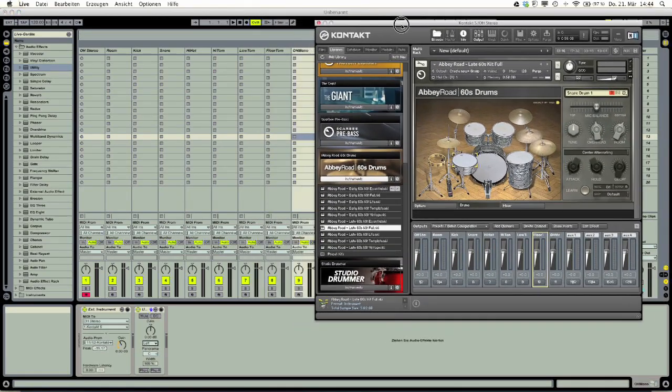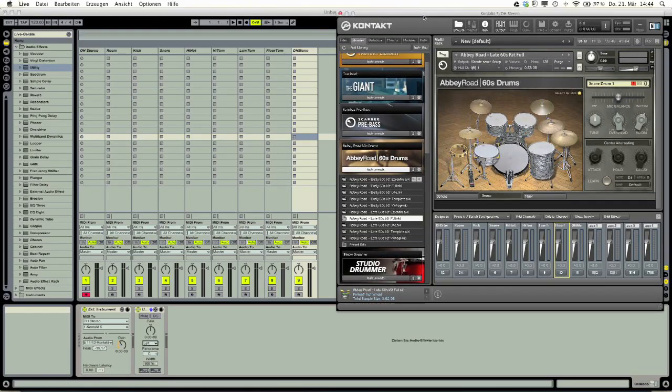Okay, so here you go. You have all the channels routed.